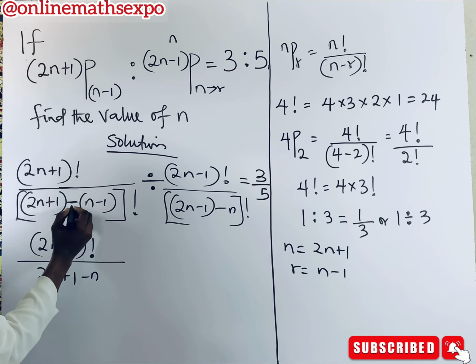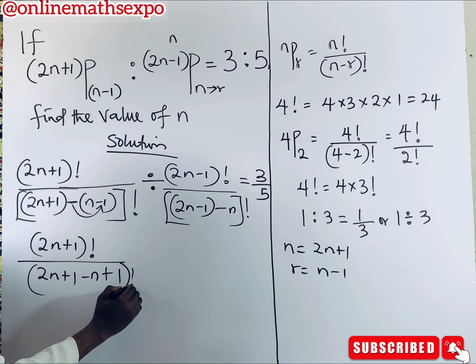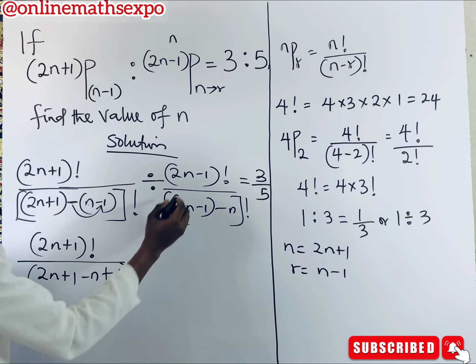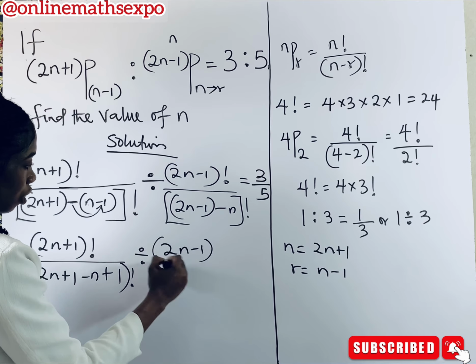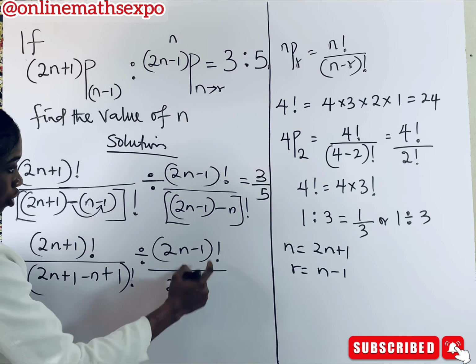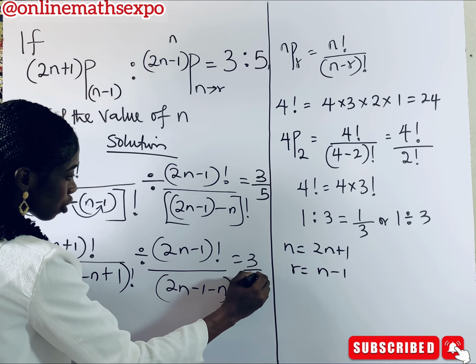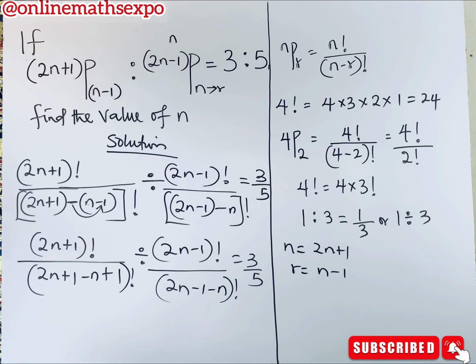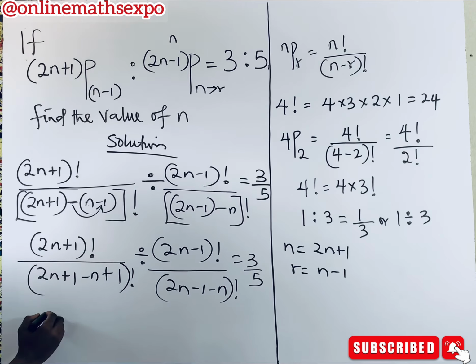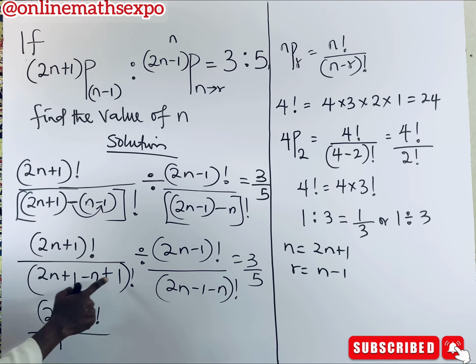If you use it here, it will give you positive 1, all in bracket factorial, divided by 2n minus 1 factorial over 2n minus 1 minus n factorial is equal to 3 over 5. So at this point, what do we do again? We're going to have 2n plus 1 factorial over 2n minus n, which is n, 1 plus 1 is 2 factorial,